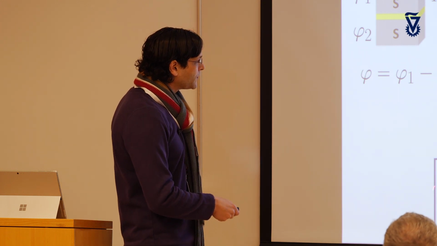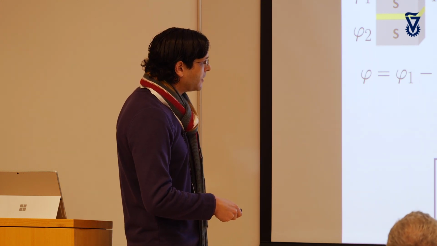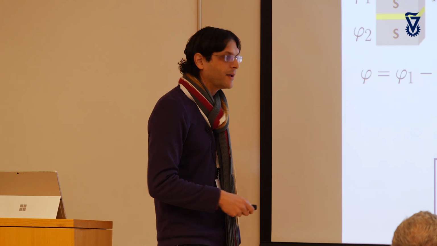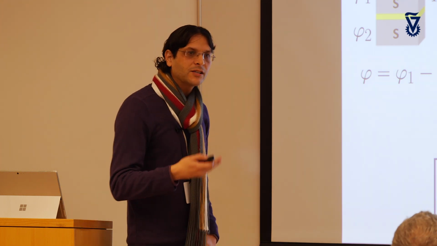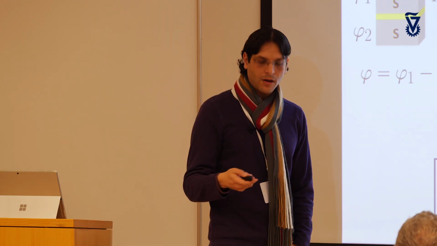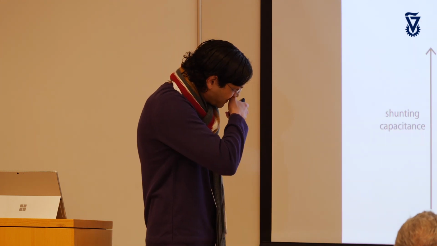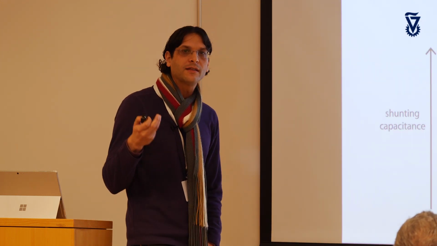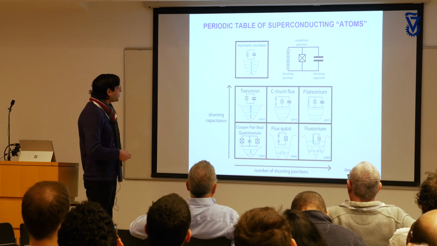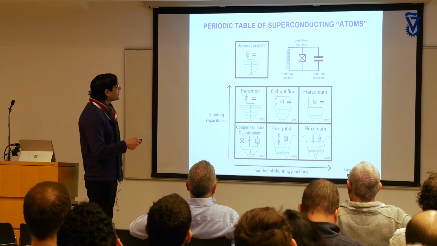But we can think of this Josephson junction as a nonlinear inductor, okay? An inductor that depends on the current. And that is what breaks the harmonicity of the harmonic oscillator. And if we think of the circuits in this way, then we can think of our circuit